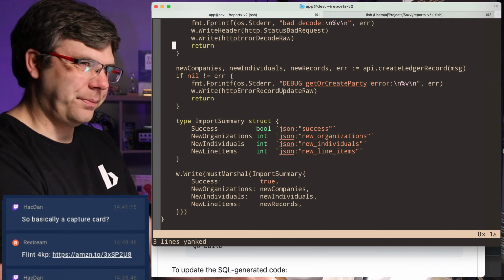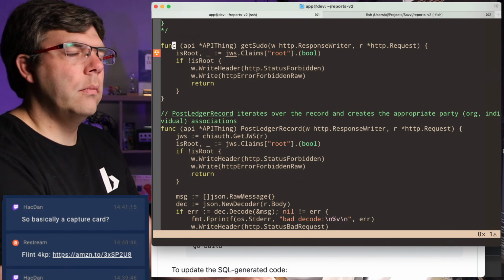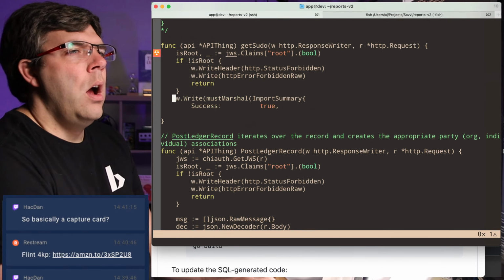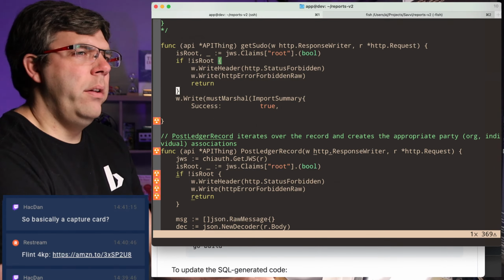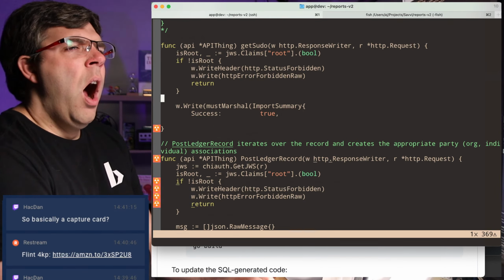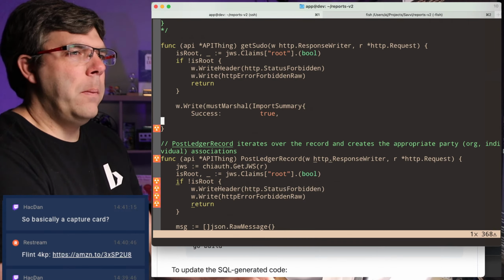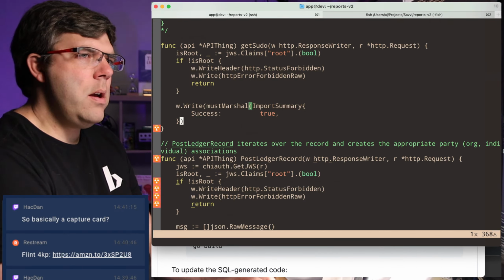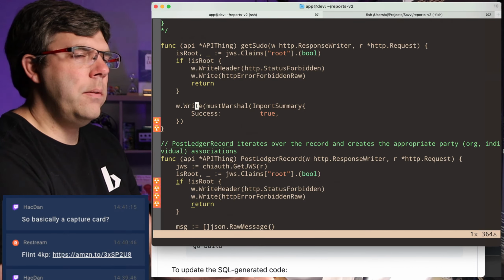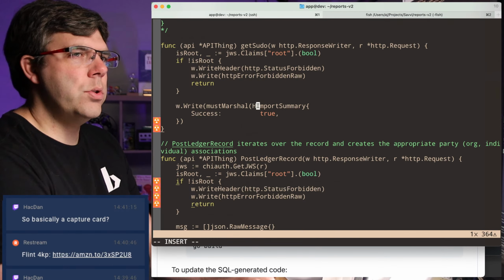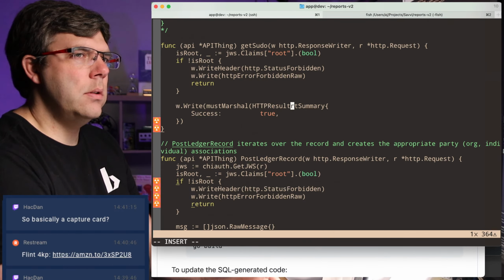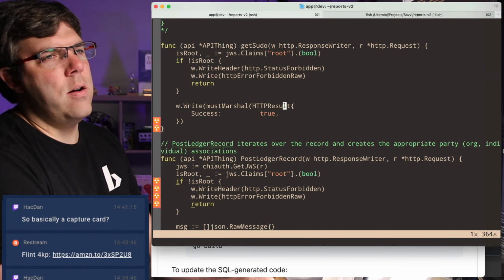Oh. I think I want to do the response. But you know, here's something I forgot about. How about let's have HTTP result that isn't an error.